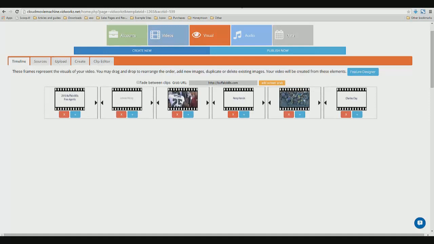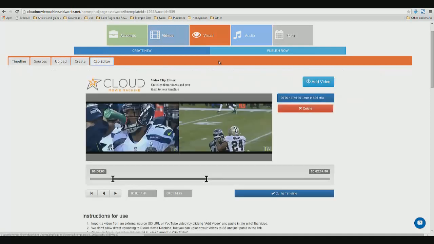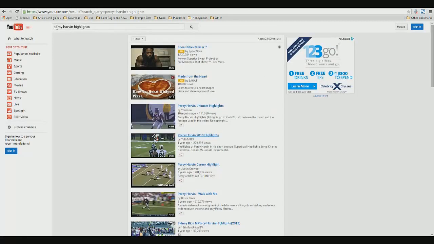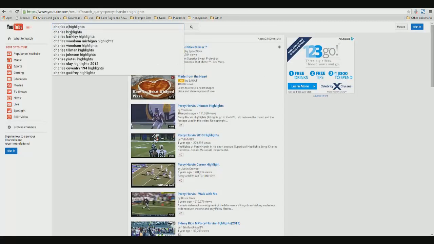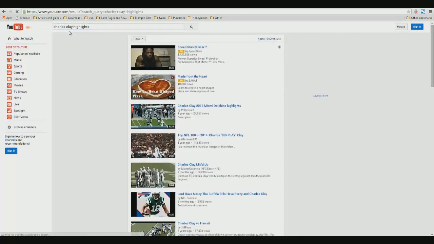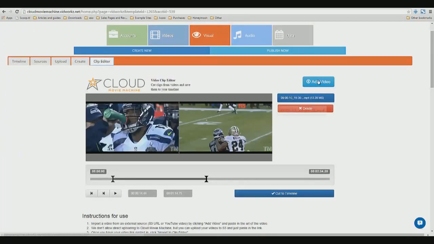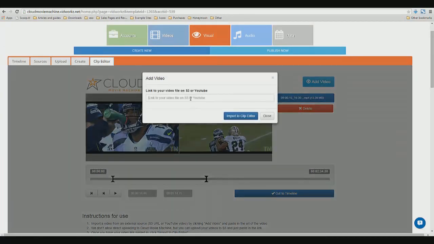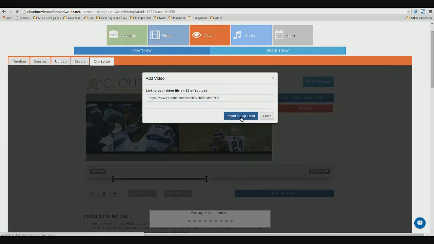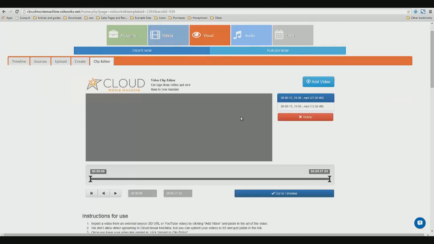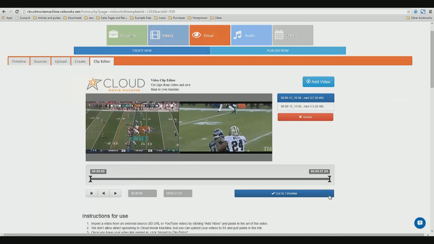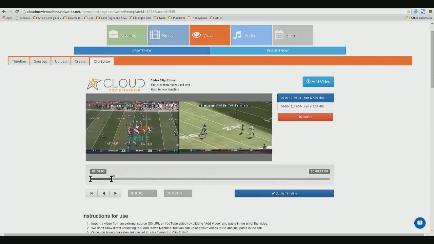Okay, so one more video to add. Go back to the clip editor, and I'm going to grab the URL for a Charles Clay highlight video. He's the third player, and there's our highlight video. Copy link location, add video, import, and I like how quickly it imports as well. This one looks like we have game action from the very beginning, so I'm actually going to start from the beginning and run it